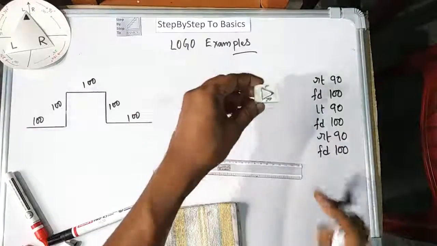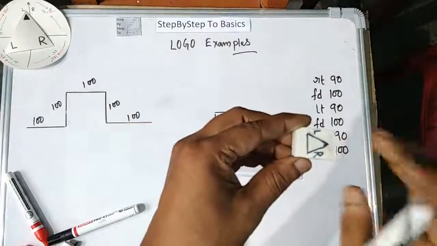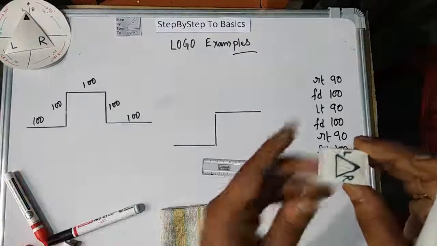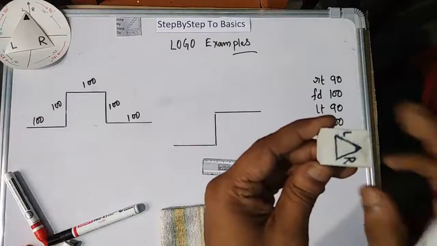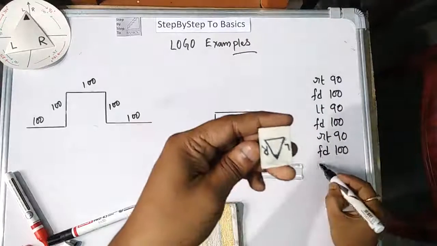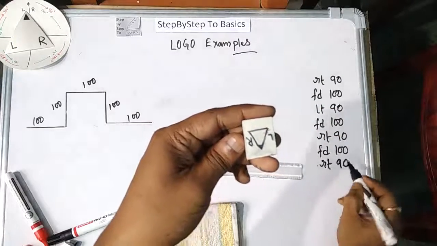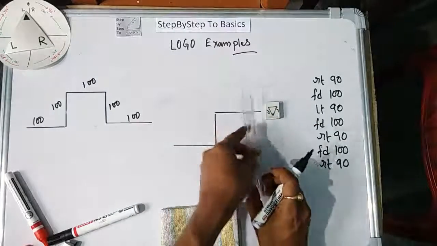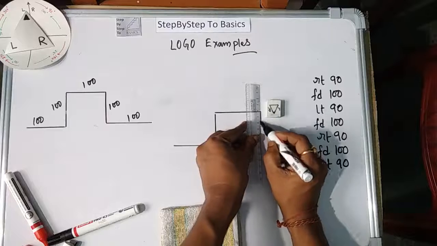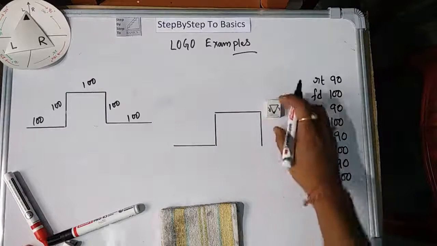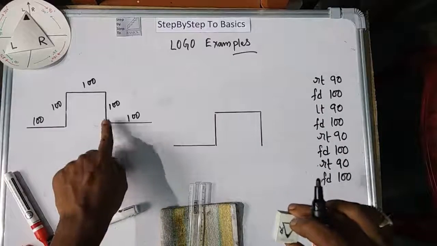Now here my cursor is turtle is facing this way. Now according to the diagram it should turn this way, downwards. So downward means right. So turn this way. So right, I will write RT 90. It will turn the turtle downwards, but no line will be drawn because FD if I write. So now it is here. So we reach till this point.